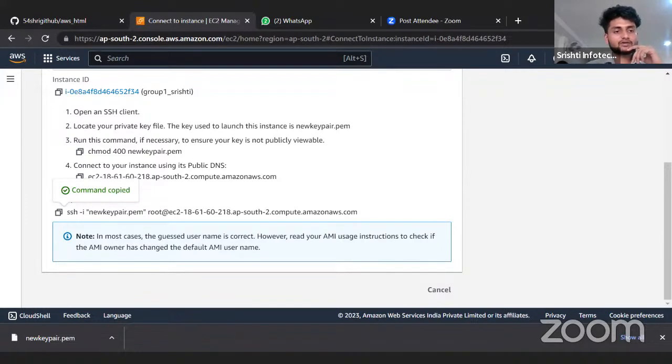It's presently in my downloads, new pair.pem. Going up to the browse option, I'll type CMD, so that my command prompt is opened at that location. In this location, I need to paste my command. One thing that we need to change here is